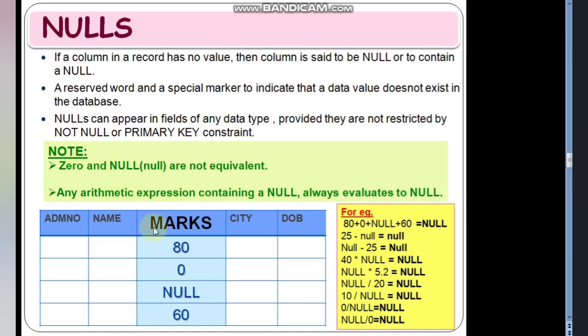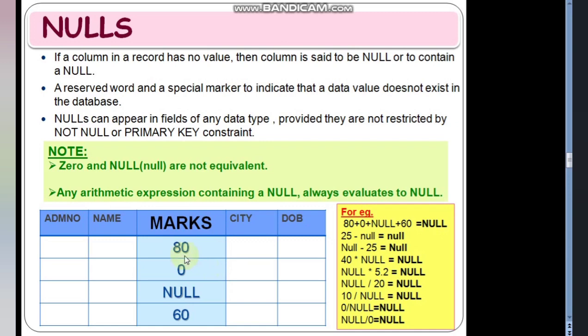Nulls can appear in fields of any data type, maybe character, date, numeric or any kind of data type, provided they are not restricted by not null or primary key constraint. About constraints we will learn in the following slides.